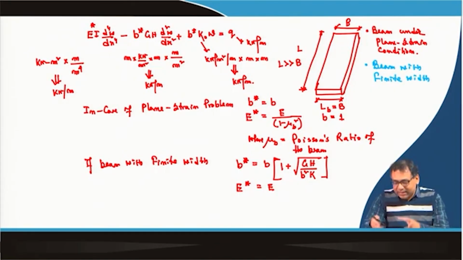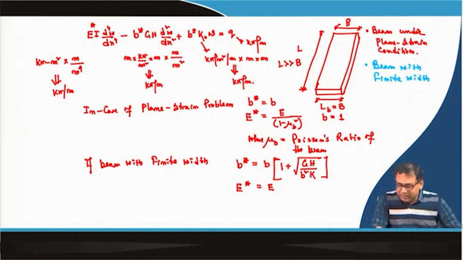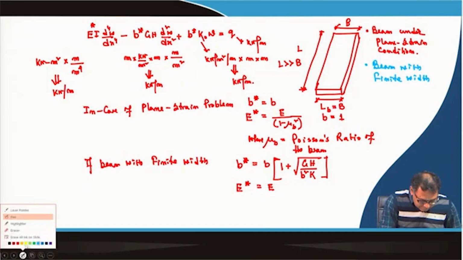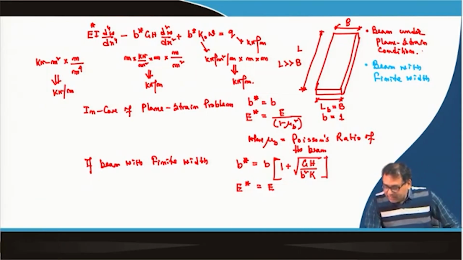So, previous case when I analyze the beam as a plane strain condition, that means the width of the beam is not finite, because this is the width of the beam which is very large, infinite kind of thing, but it has a finite length. So, under this condition beam under plane strain condition, I can write that length is finite,